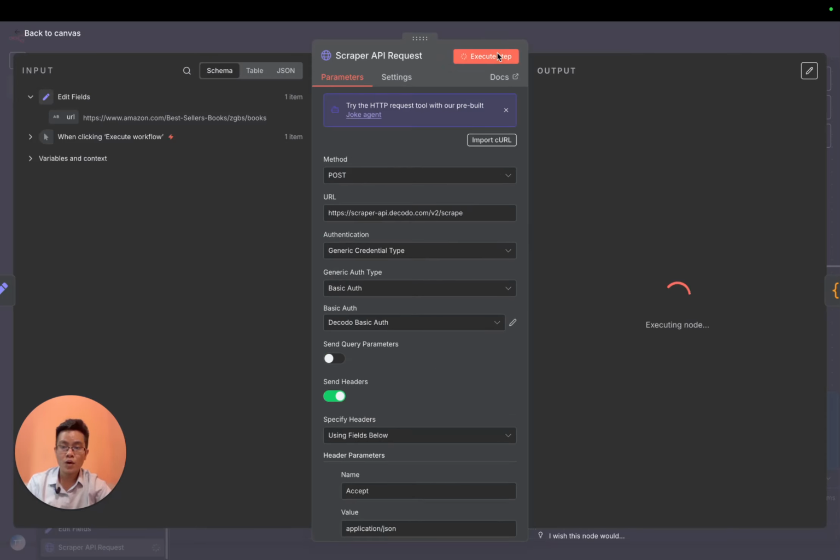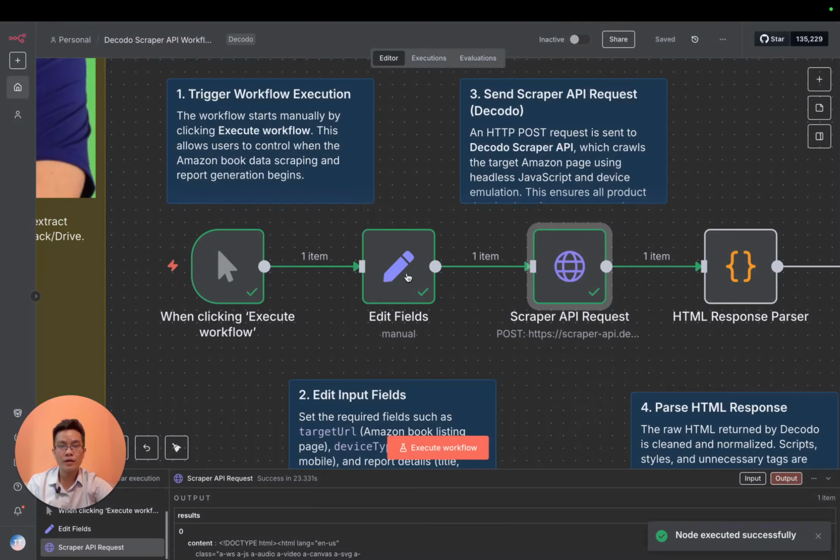It may take a little while for Decodo to accept the request and send the request to get the data from the public website, which is Amazon books. So wait a few seconds, and then it will return the content. Okay, so now we have the data back from